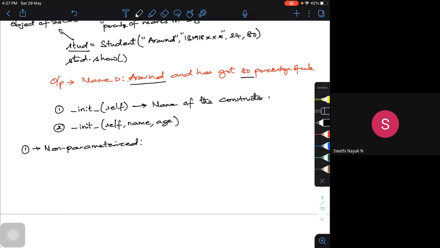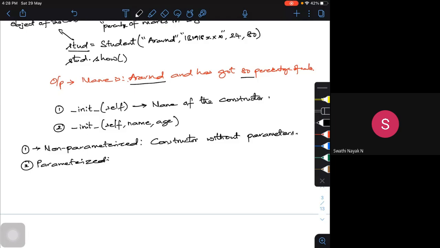But when I have init self dot name and the other variables, the second one is called parameterized, where I define the constructor with parameters. The first is a constructor without parameters, values or variables other than self.